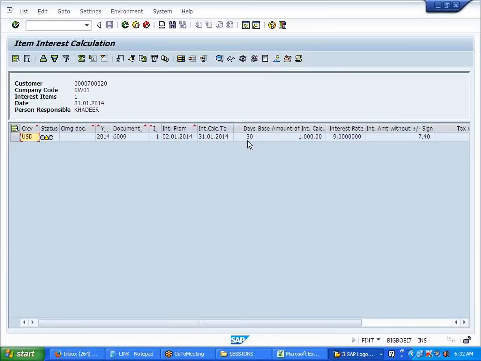It is not that. It is a bonus given to him for payment. If he pays within 7 days, then the system will not calculate the interest for him.